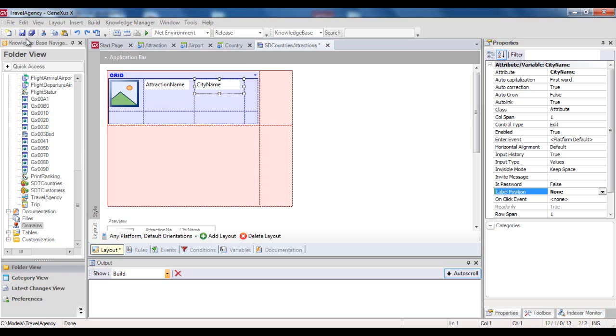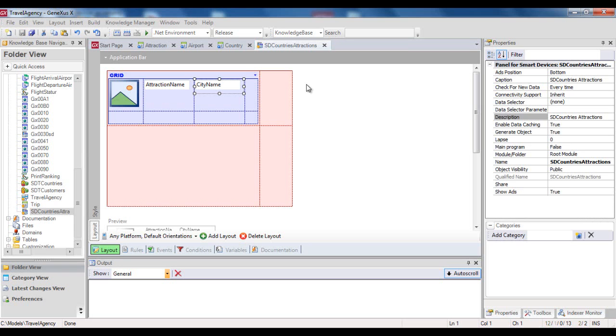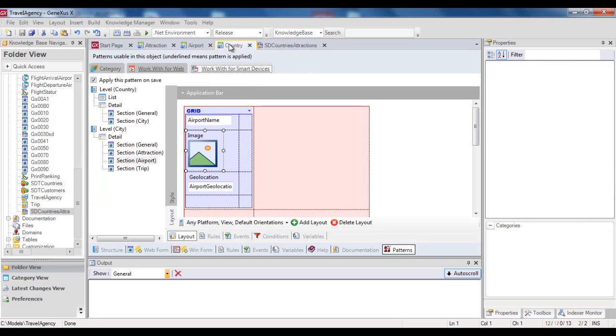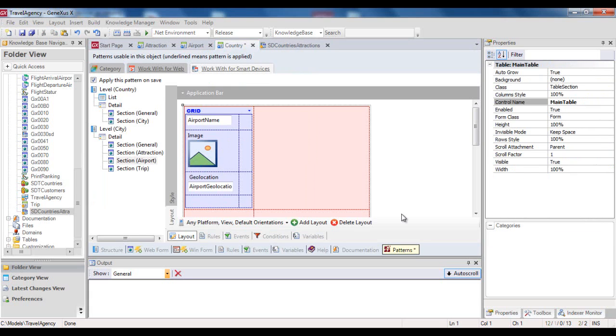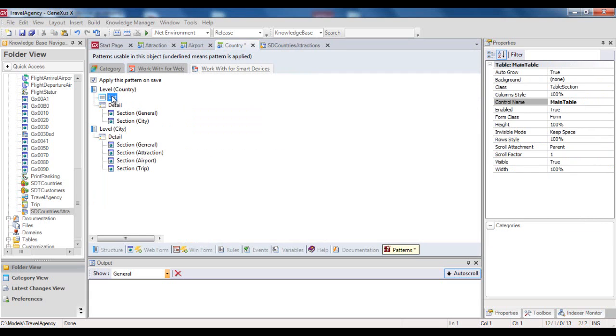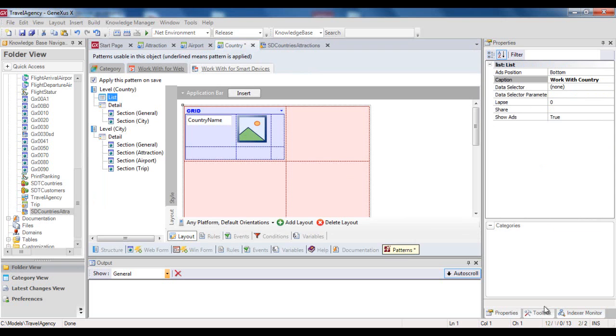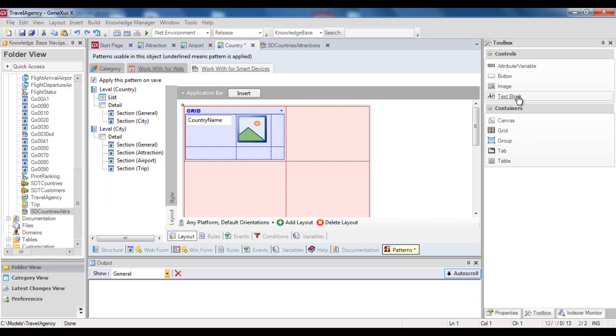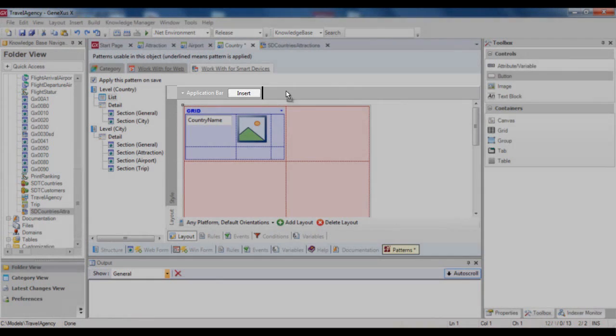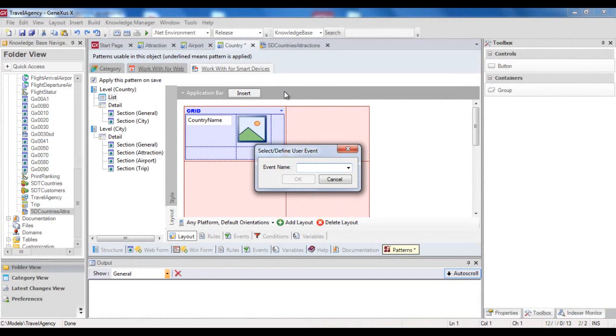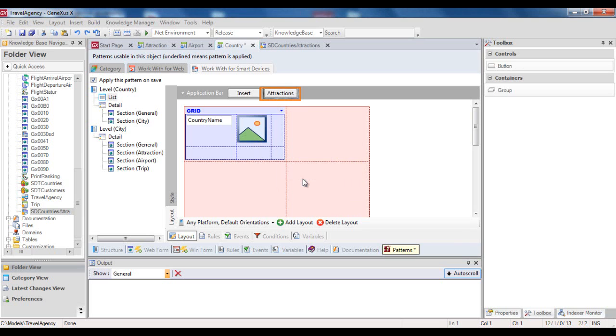We save this object, and we go again to Work With for Smart Devices. We go to the List node, and from the toolbox, we drag a button to the application bar. In the button's event name, we type Attractions. We double-click on the button,